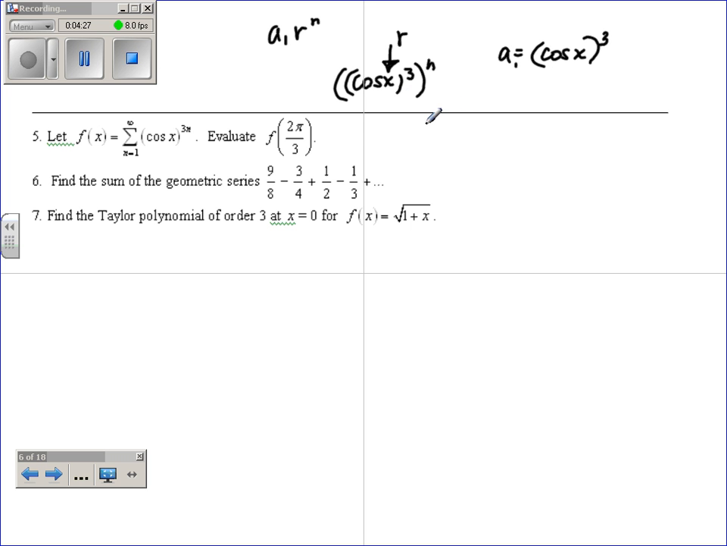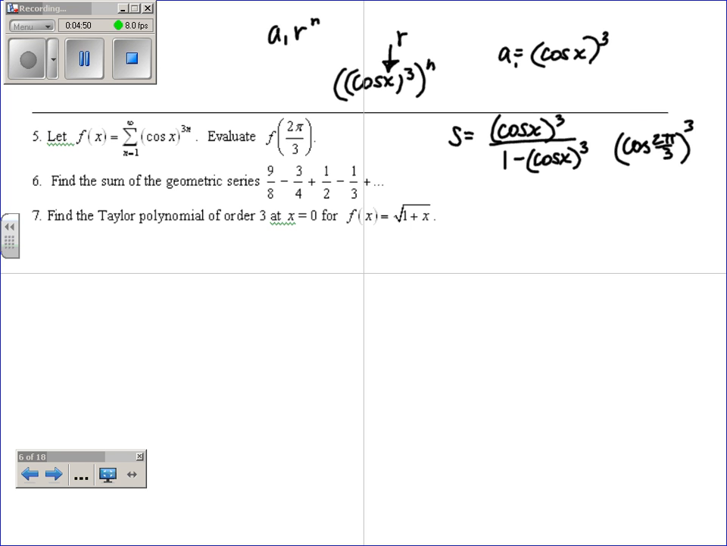And so the sum of the function would be equal to the first term over 1 minus r. I want to evaluate this at 2 pi over 3. So we want the cosine of 2 pi over 3